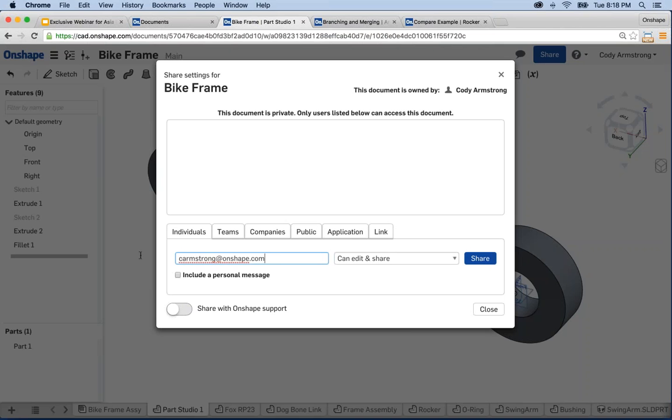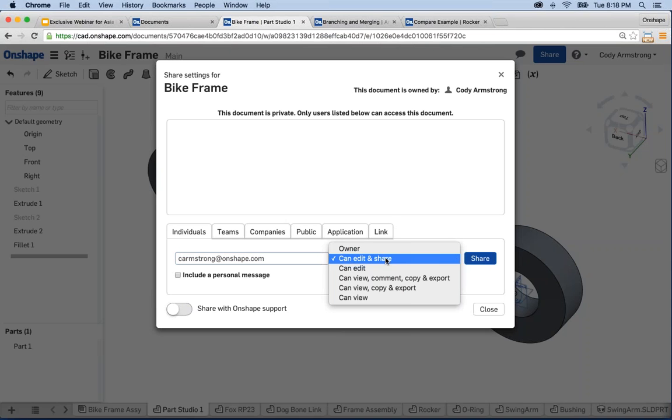So I'm going to go ahead and type in my email address. And I want to define my permissions. A very important step. So if you haven't shared your document yet, I definitely recommend it. But go through and look at the permissions. We have permissions for can edit and share, which allows the person you're sharing with to edit and also share the model. You can give them permission to edit, the ability to view, comment, copy, and export, view, copy, and export, and simply view. So you really do have very granular control over how you want others to access your